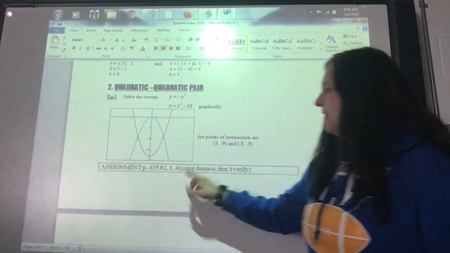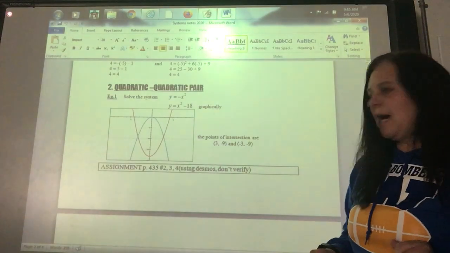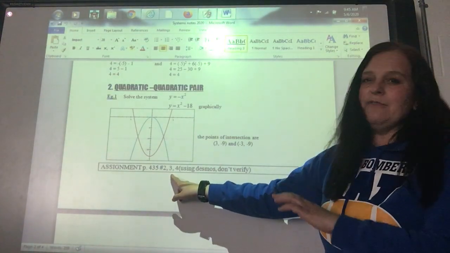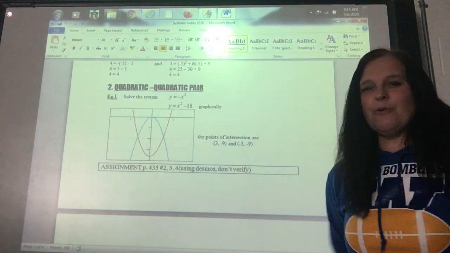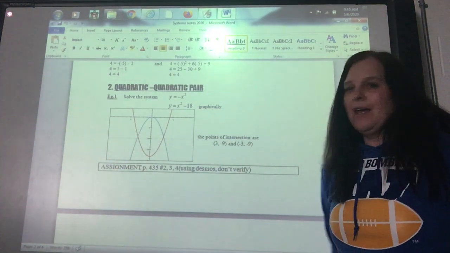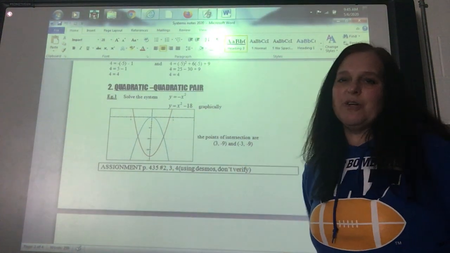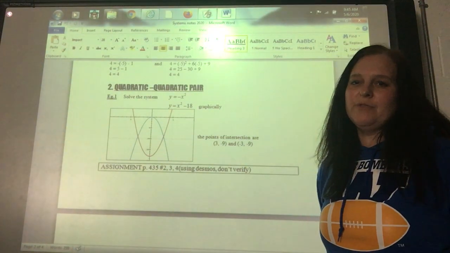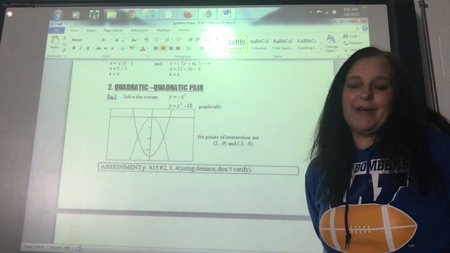So for your assignment, I'm leaving you 3 questions. I believe number 2, you're just practicing to verify. Number 3, they give you graphs and you have to identify which type it is and what the solution is. Now number 4, you're graphing. If we were in class, we'd be graphing by hand, but because you're at home and we want to make things as easy as possible, under this situation, you can use Desmos to graph it and use technology because we have no final exam and you're handing it in from home, so I can't see whether or